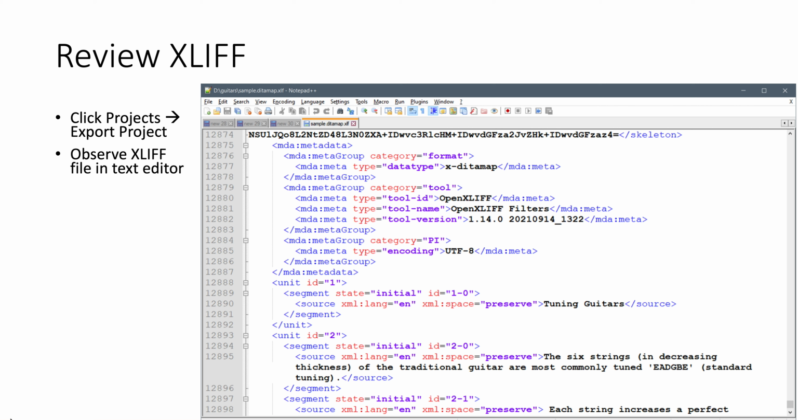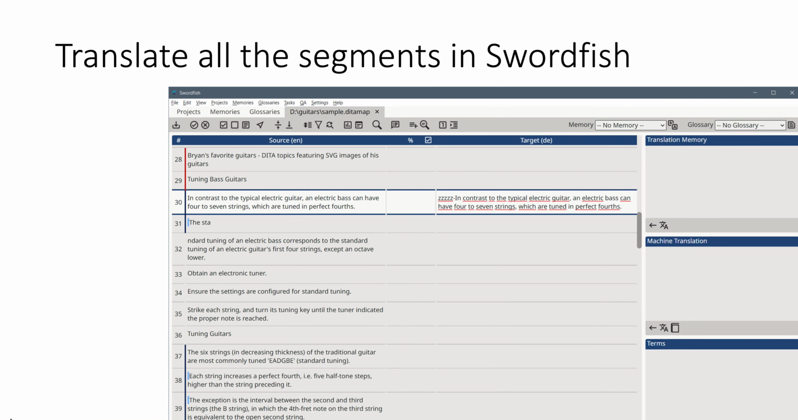And if we looked at that in the text editor, we could observe that this is the XML that we've been learning about all along. In this case, we just have the source elements in our segments. And then we could either go in manually and translate each of the segments, or we could do the pseudo translate, which is covered in the instructions in that video, or we could use machine translation, we could use AI. There's any number of ways that we could translate these